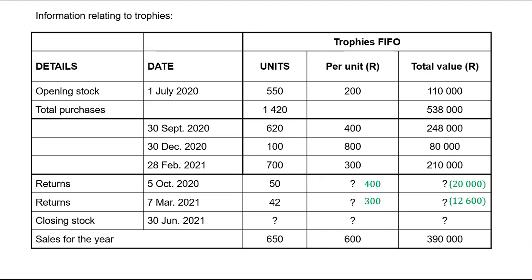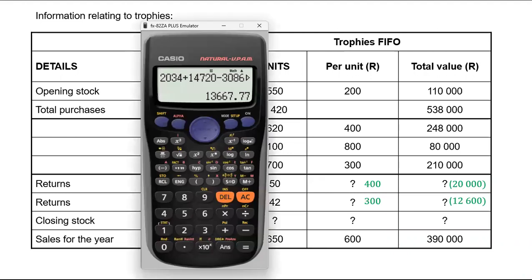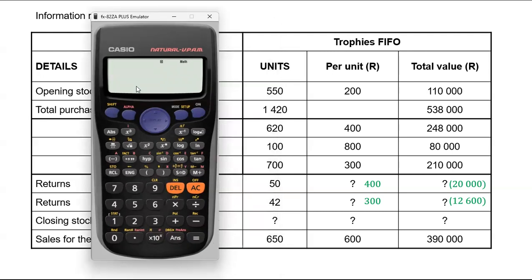So we need to first find units available to be sold. It'll be 550 plus 1,420, and then you minus 92. That will give you the number of units available to be sold. So let's just do that calculation quickly. Please check my previous videos on inventory if you get confused in this case. All right. You will take 550, you add 1,420, and then you minus 92, which is the 50 plus 42 units that were returned. So those are the number of units that were returned, and that'll be 92. So the number of units available to be sold will be